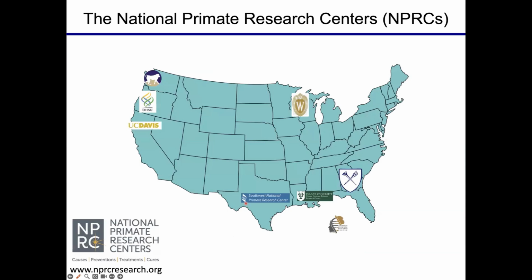So before I get into our technical approach, just to understand the basis of providing monkeys to the HIV enterprise in the United States, I wanted to show the major suppliers of monkeys. We have what's called the National Primate Research Center Network. These are 7 different primate centers and an 8th one in Puerto Rico that are funded, or subsidized heavily, by the NIH. Most of these were established in the 40s and provide probably the vast majority of animals for these types of studies.